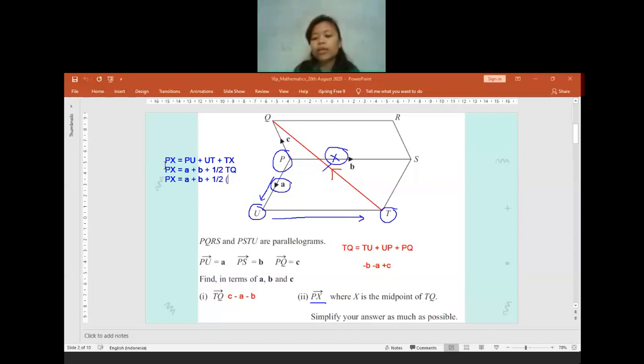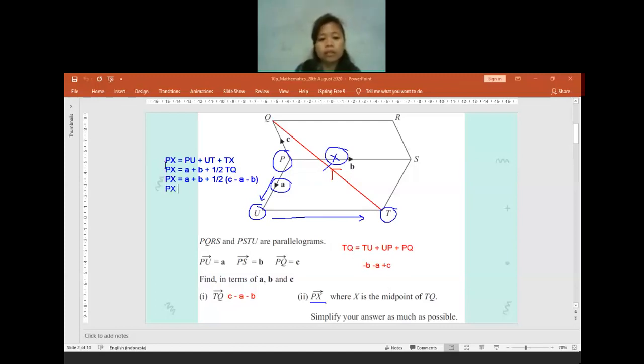C minus A minus B. It says TQ, not PQ. Please read the question and the label properly. The factor is actually easy as long as you read the question and the